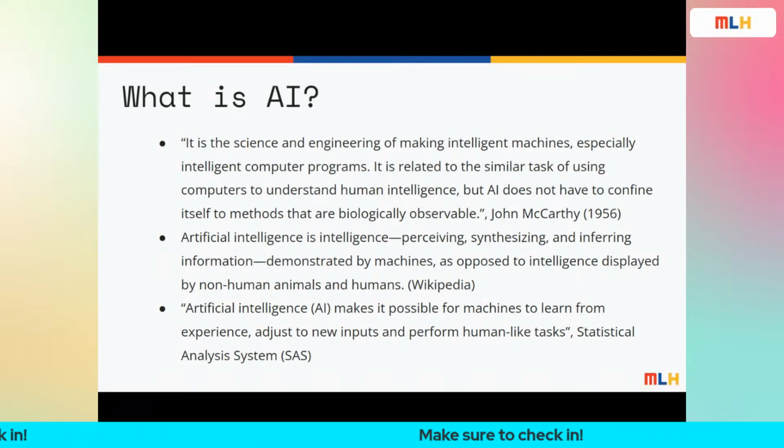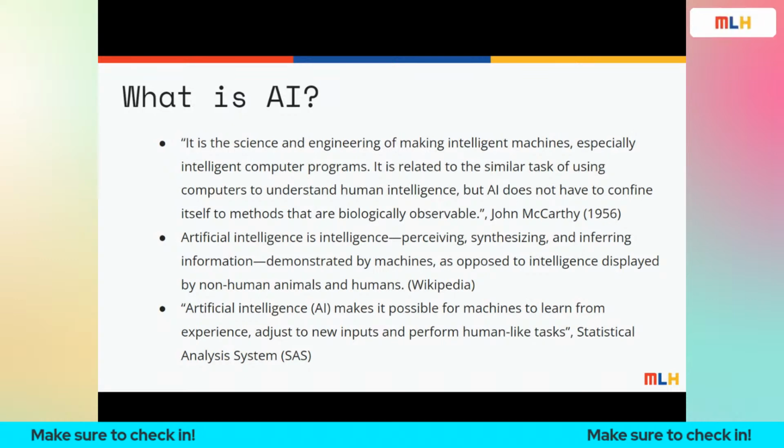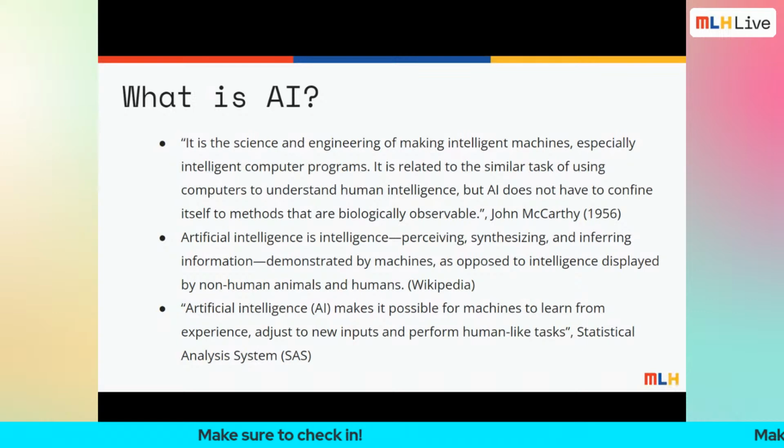Our next definition of AI we're going to explore is: artificial intelligence is intelligence, perceiving, synthesizing, inferring information demonstrated by machines as opposed to intelligence displayed by non-human animals and humans, right? So it is a way for machines to be able to perceive things, right? So understand,